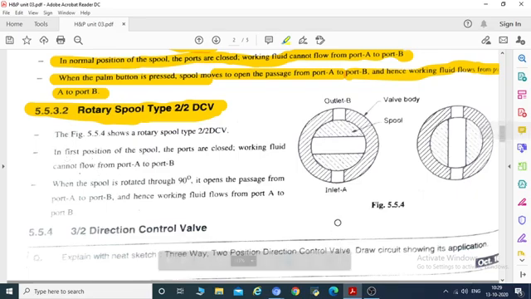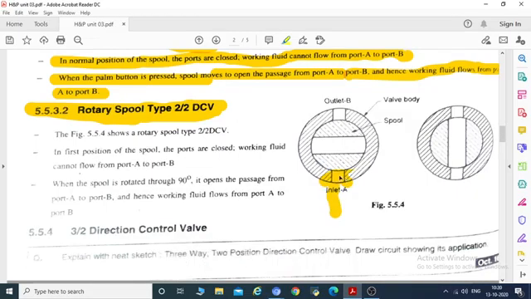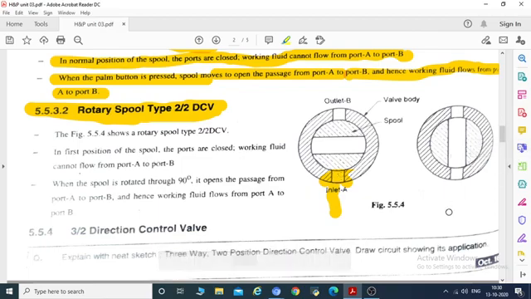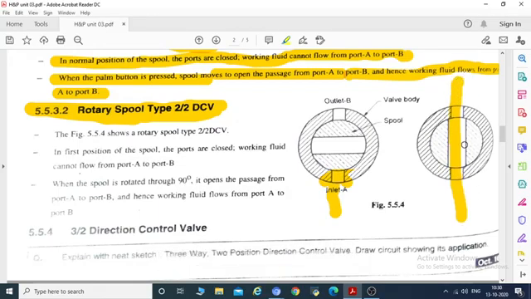Here you can see the entry of the fluid is restricted, as the fluid can come from port A and it gets restricted, and it does not have a passage to move to port B. That's why the entry is restricted here. But in position 2, the fluid from port A can move directly out to port B. So this is the open position and this is the closed position.